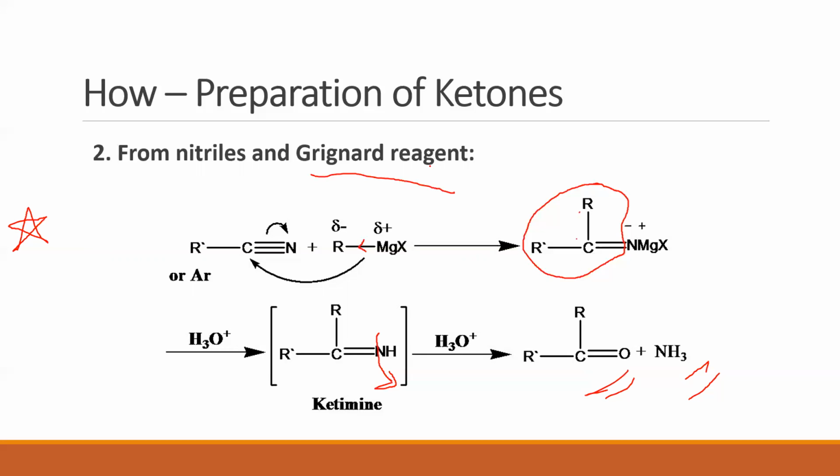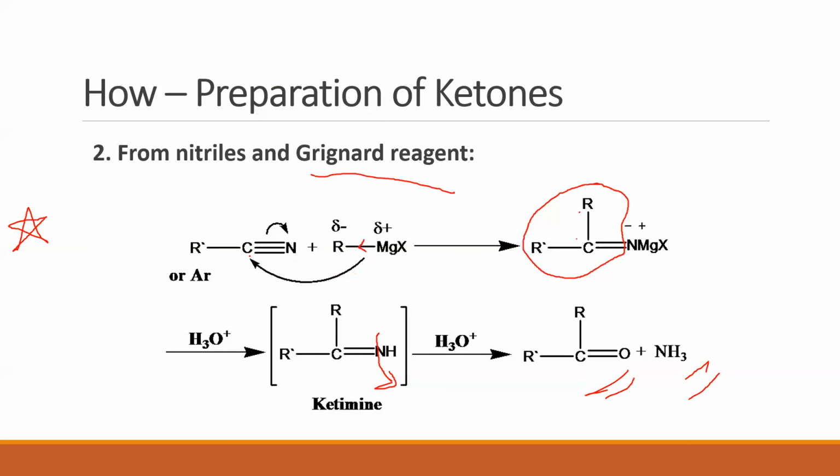So let's look at this reaction once again. What are we starting with? We are starting with a nitrile. A nitrile is made to react with a Grignard reagent. Now the polarities in a Grignard reagent are pretty much defined. The R group is negatively charged. So this R group will take the electrons of this bond and go out as a negative charge and attack this carbon, which is relatively positively charged.